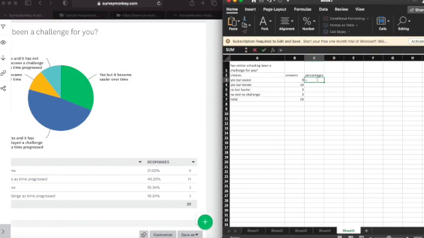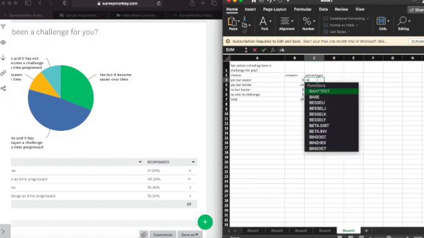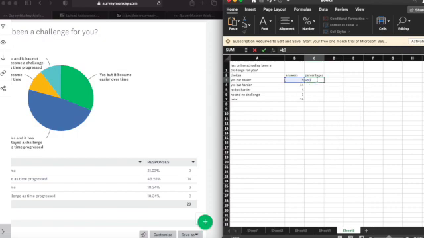I'm going to do equal sign B3, because that's where my first answer is, and then I'm going to do divided by, to get the percentage, 29. But I'm going to do $B$7 so that that cell is locked. And then, so I don't have to do more work for myself and type it into every single one of the percentages, you can just drag down all the way to your total and get all of the percentages